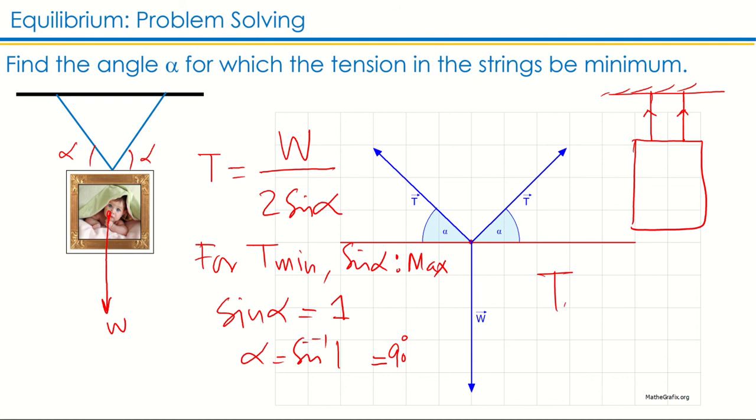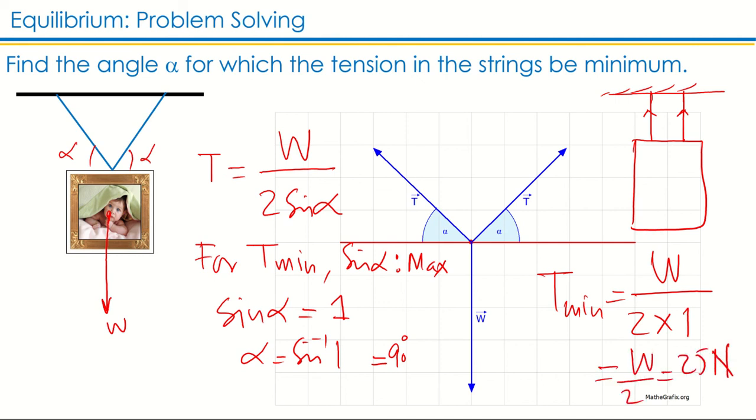So we can also calculate what is the minimum tension, that is W divided by 2 into sine alpha, where sine alpha is 1, that's W over 2, which is 25 Newton. So in this case every string has the value of 25 Newton, so the weight is distributed. But at 30 degrees you have seen that every string experiences a force equal to the weight of the